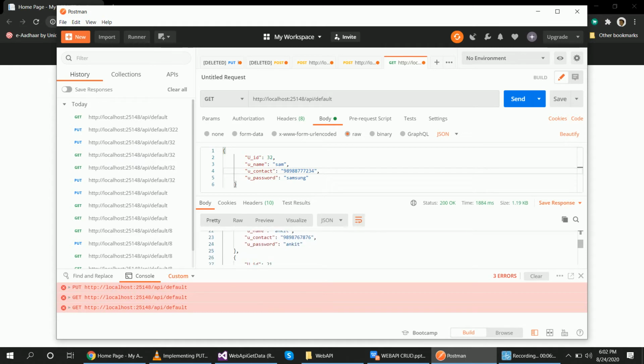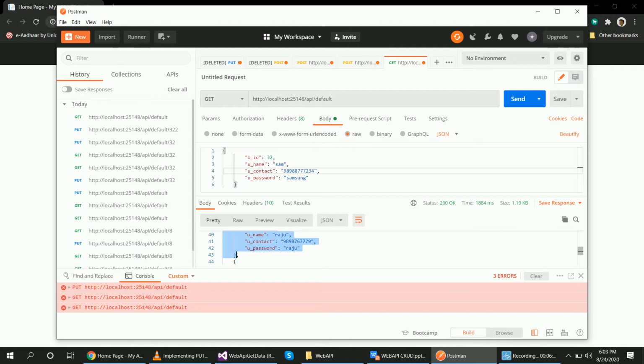See 11, 21, right? Now suppose I want to update this 25 number record. In place of Raju, I will add Raju Bhai. First I will get the 25 number record, so I select and copy it from here.